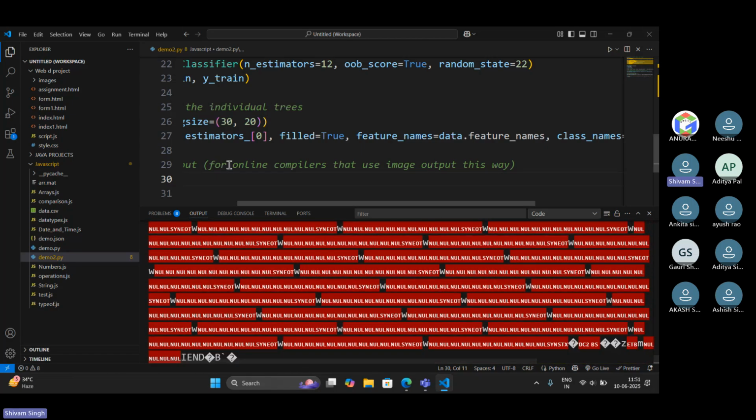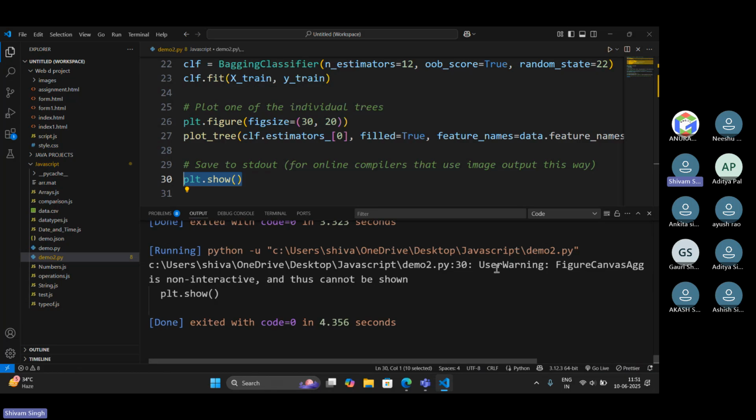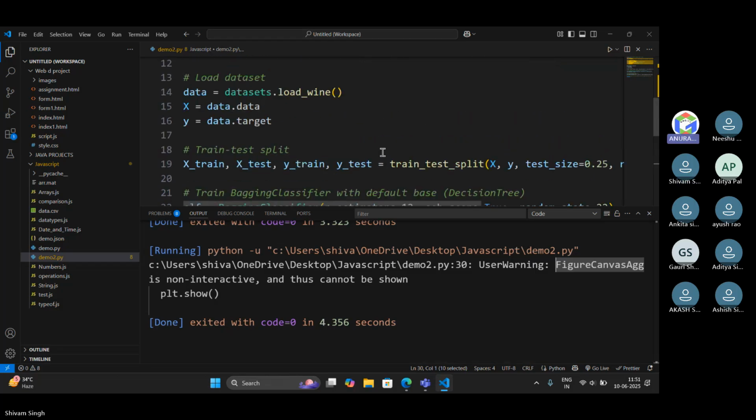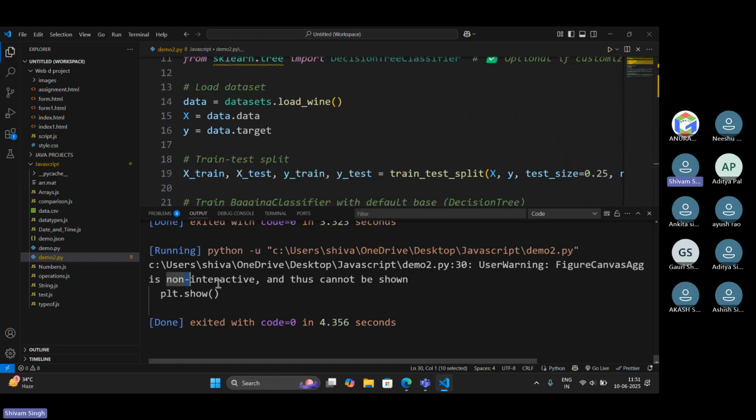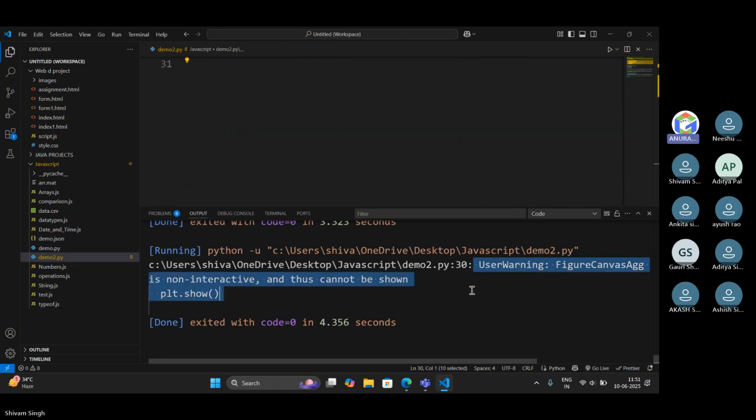And when I try to use plt.show to show the graph, it gives a warning that the figure canvas is not interactive and thus cannot be shown. Just put this in ChatGPT so it can suggest a solution for this.